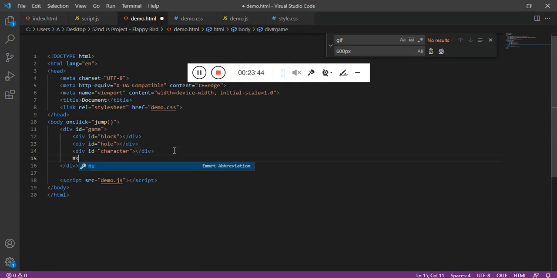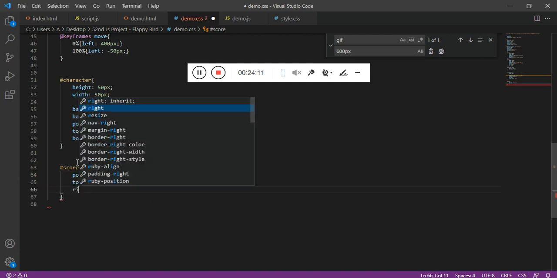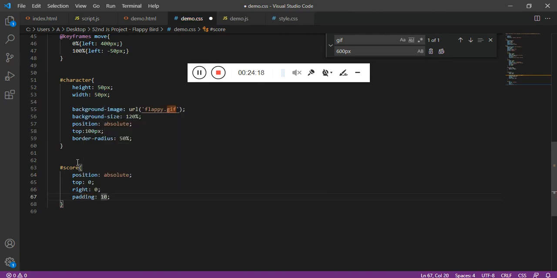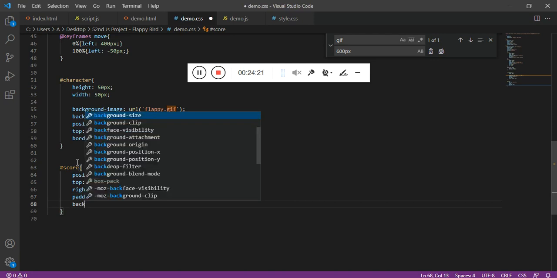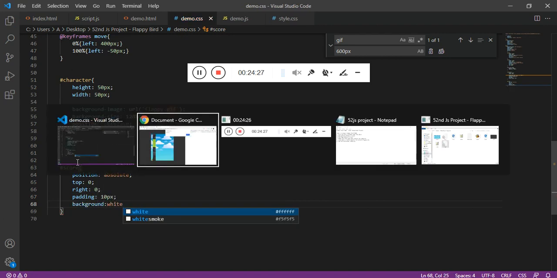Have a score ID and type score, and inside the span, let's just have 00 for now, and get into the CSS, have the ID score, position absolute, top 0, right 0, padding 10 pixel, and then background as white.